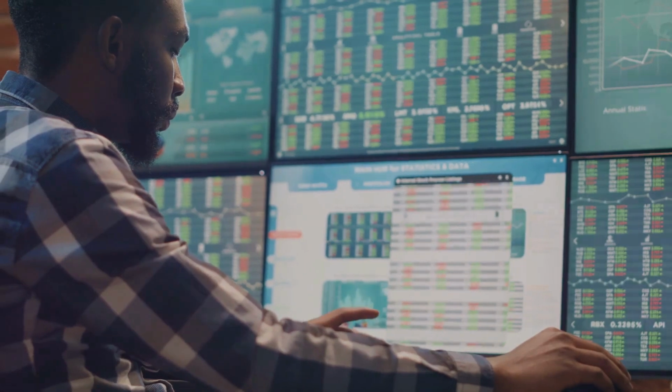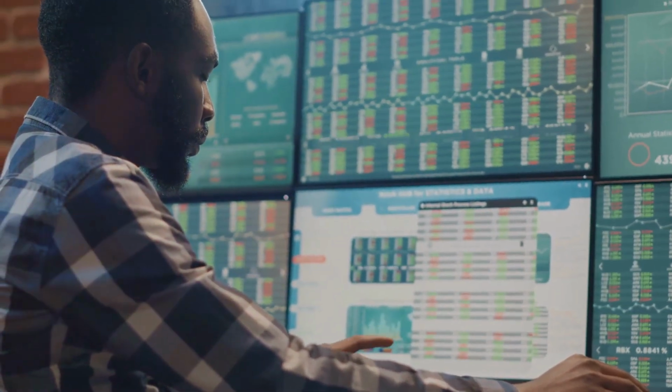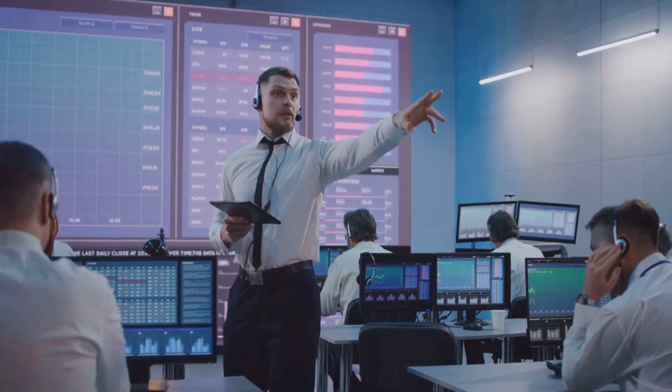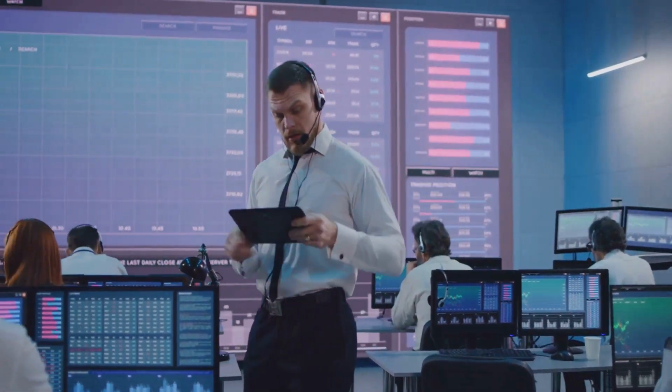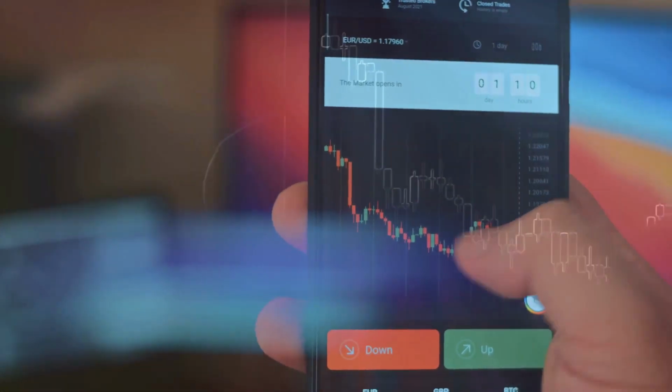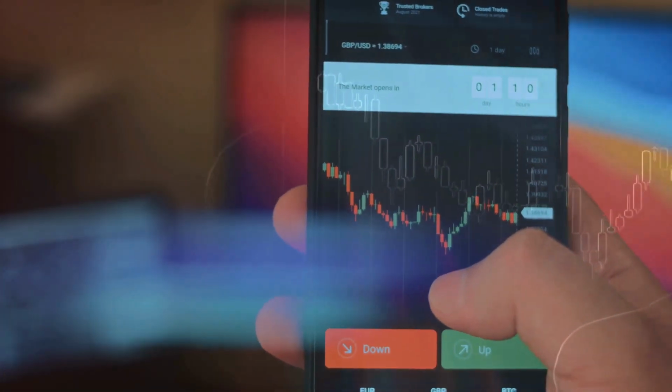Section 6. The importance of risk management. In the world of trading, risk management is not just an afterthought. It's the foundation upon which successful trading strategies are built. Before you even think about entering a trade, you need to have a clear understanding of how much you're willing